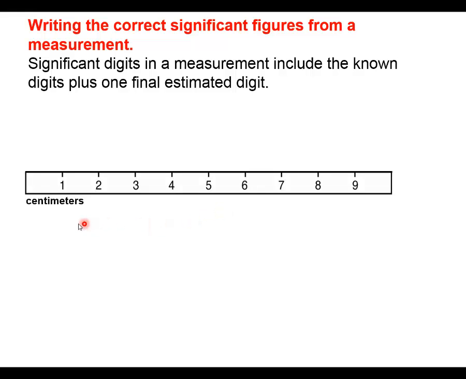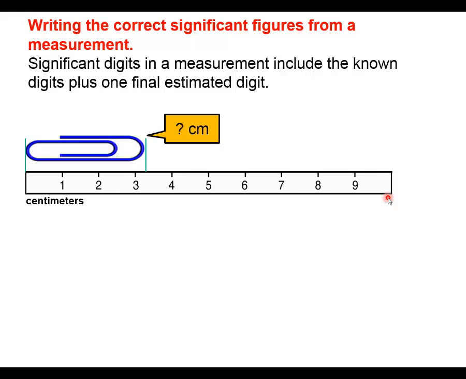So first of all, let's consider I have a ruler that just has marks for every centimeter. Now this ruler would be less precise than most rulers that you have in your laboratory that might be measuring out into individual millimeters. But let's say this is the best ruler I have handy at the time, only centimeter marks, and let's say I took a nice blue paper clip here and I wanted to measure the number of centimeters in my measurement here. So I put one end of the paper clip, if I'm looking for the longest dimension, the